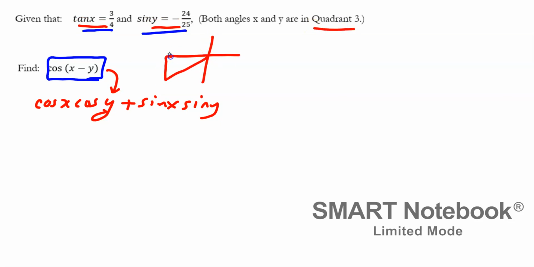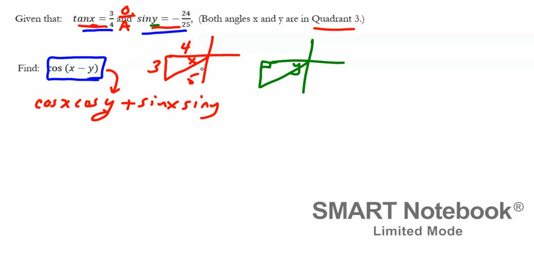So I'm going to draw this first one in red. I'm going to call this angle x because we have an x here. I'm going to draw the second one in green, also in the third quadrant, and call this angle y. So if I go back to the red graph, tangent is opposite over adjacent. So on this triangle, the 3 would go here, the 4 would go here, and this is a 3, 4,